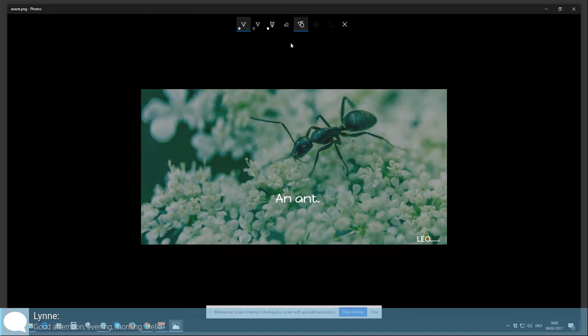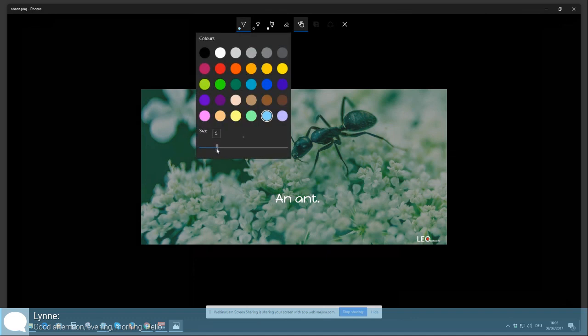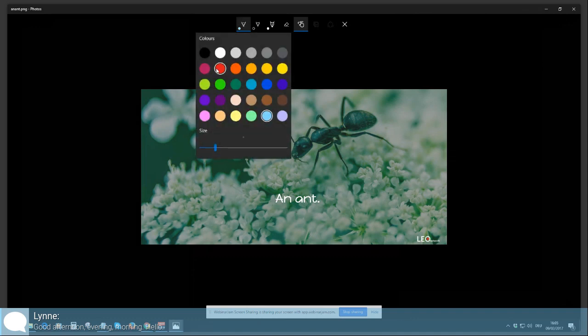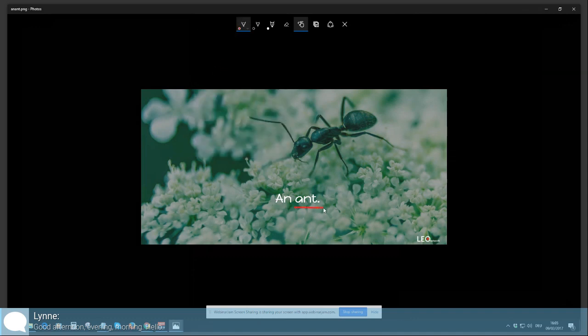Let me just highlight that. Bear with me a second, make it a bit smaller again. I wish I didn't have to do that every time, but I do. Make it red again so it shows. So the word ant is a noun. Okay, here we have a sentence, a very short sentence. You could say, it's an ant. Okay, I hope you don't mind ants. Ant is the noun.